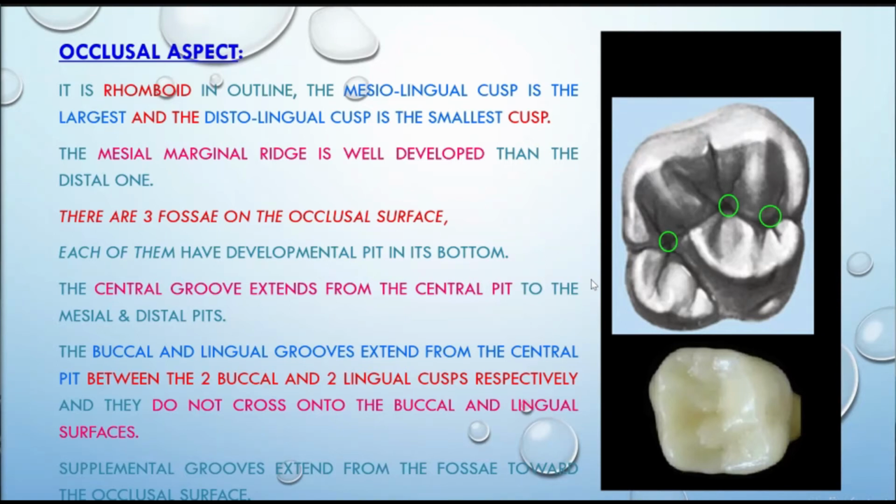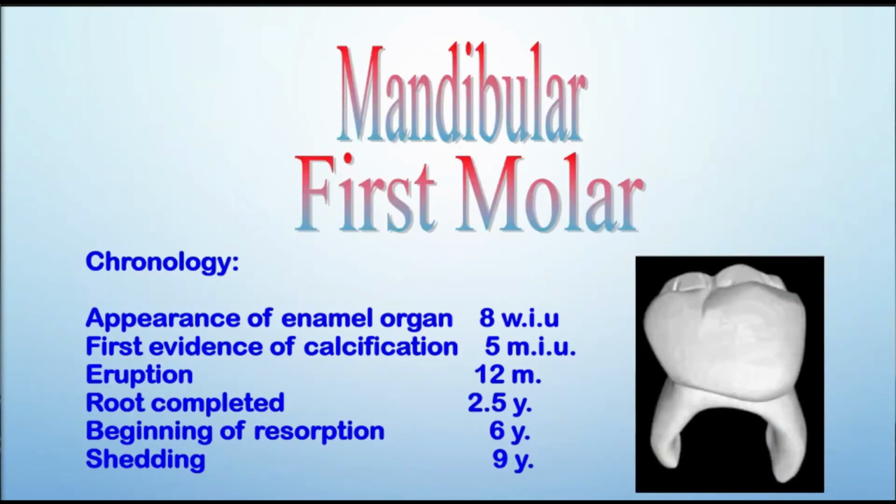Okay, this is about the maxillary deciduous molars. The maxillary first molar looks like a premolar, with a deep bulging on the cervical area of the buccal surface. On the mesial side, there is a big bulging area. It may have 4 cusps, or maybe 3 cusps. If 3 cusps, there is 1 cusp on the lingual and 2 cusps on the buccal. If 4 cusps, 2 cusps on the buccal side and 2 cusps on the lingual side. It has 3 roots, bearing root, and the neck is constricted. All these are present in the deciduous first molar.